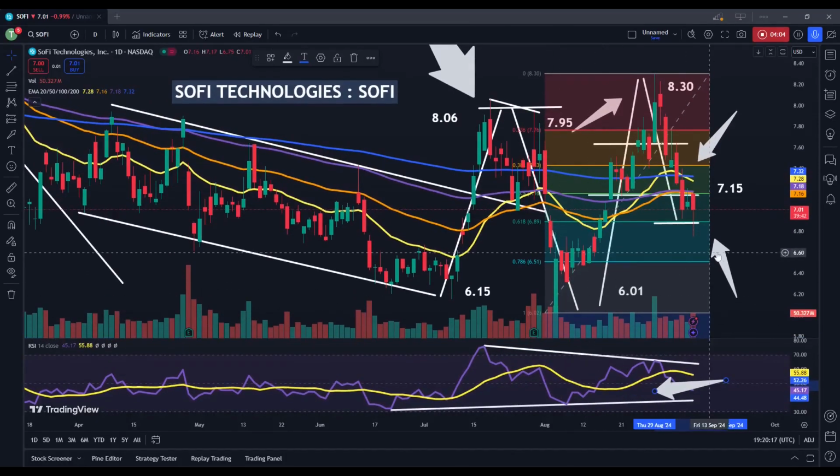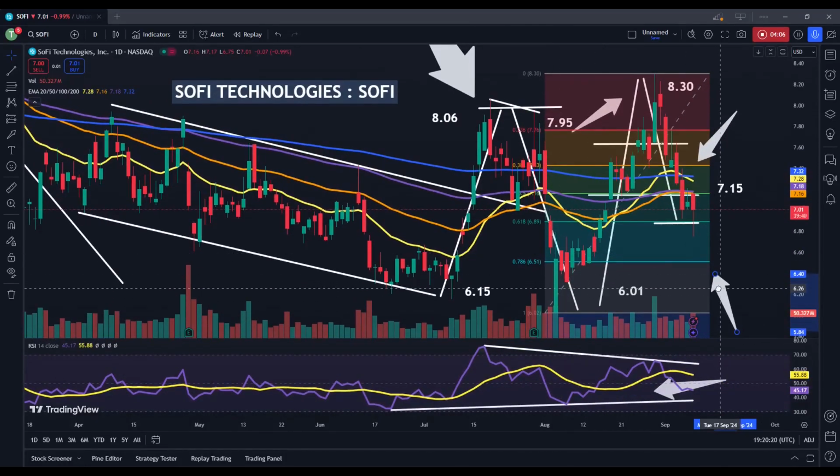So one level that I would now be pointing to the downside would be the 78.6% fib level. Currently, where this is seen is right around $6.51. We are seeing a bit of a near-term bounce here, so it's possible that we don't even reach this area. But I do overall expect, at the moment at least, for share price action to be contained by this